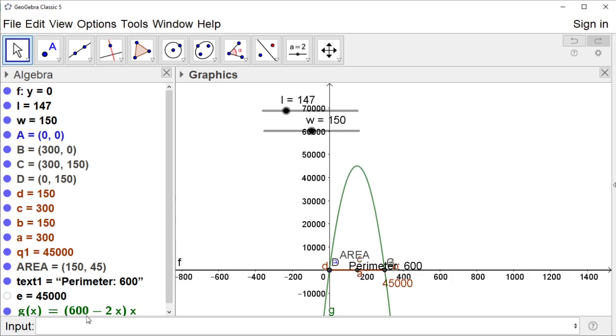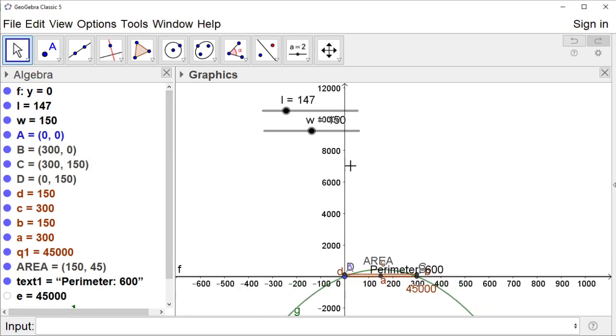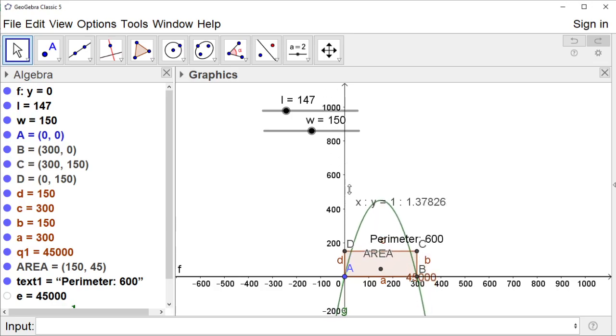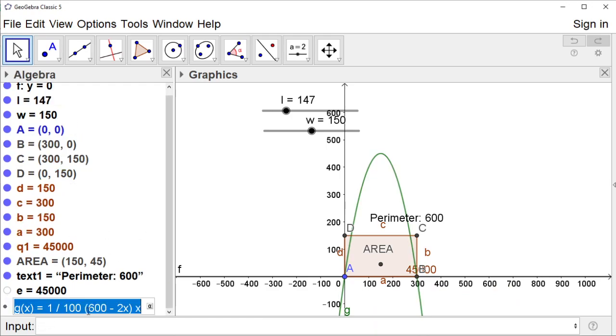Right? Now again, why don't we use a vertical compression to slow this down so it's not so tall. And you can see that the parabola reaches its maximum right at the value of 150. If I use a 1 over 1,000 vertical stretch,